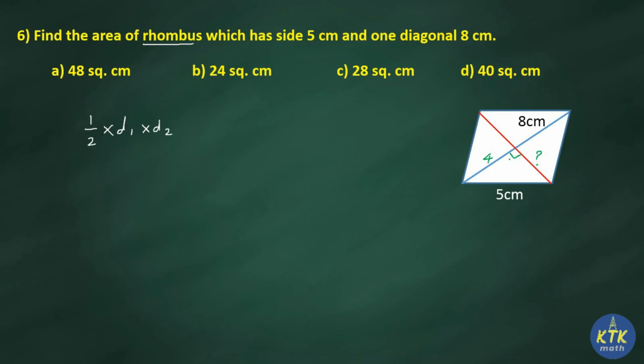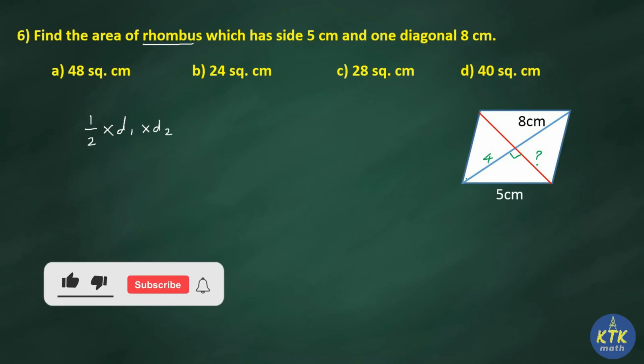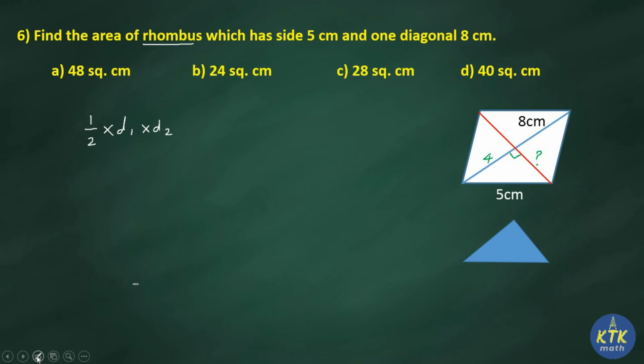Okay, this is exactly same as the previous question. From this rhombus I am going to cut and remove only one right angle triangle where the hypotenuse is 5 cm and one side will be 4. The other side I don't know, I am going to take x, and further I can apply Pythagoras theorem because it's a right angle triangle. So 4 square plus x square is equal to 5 square. So 5 is your hypotenuse, clear?